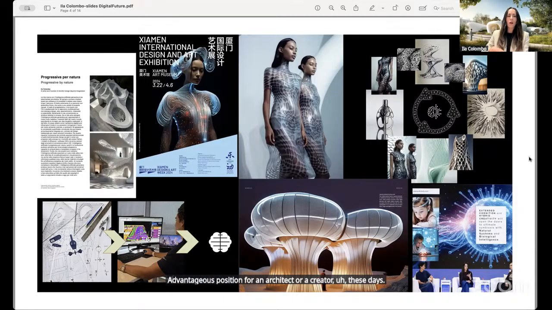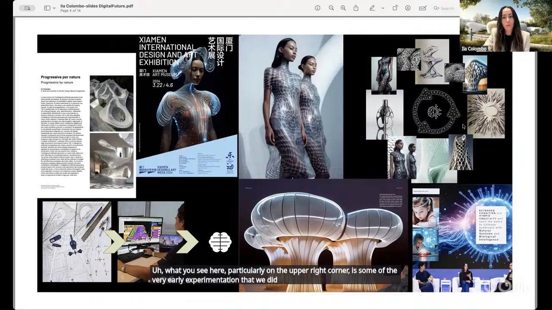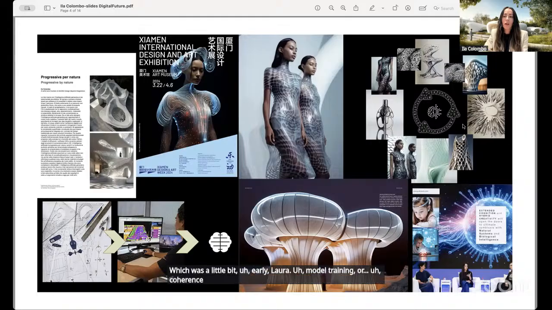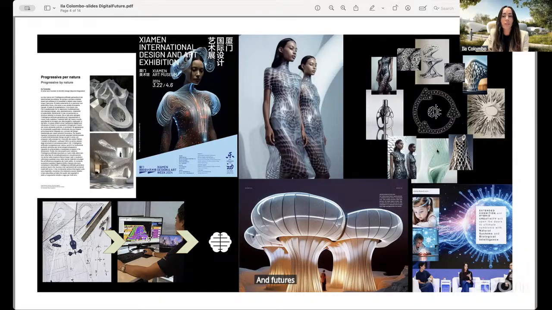What you see here, particularly on the upper right corner, is some of the very early experimentation that we did within Logro Studio, which was a little bit early LoRa model training or coherence and context awareness within our own in-house or publicly available models. But we were trying basically to use different influences, whether they were digital, natural, or analog, or retrospective and futurespective, basically to influence all of the work.